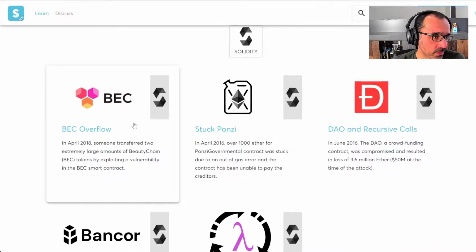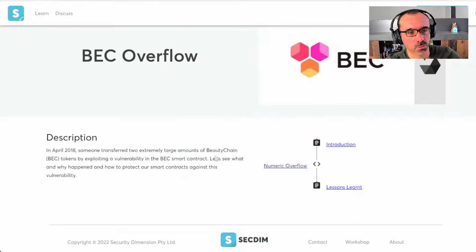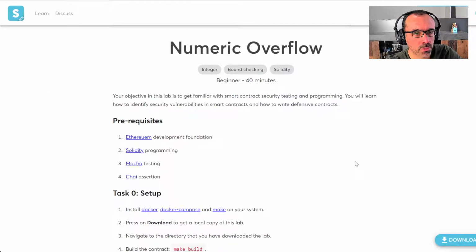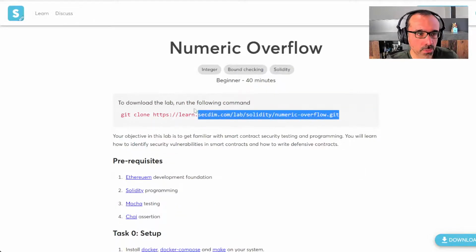This is effectively the issue related to the Beauty Chain, or Beauty Coin, contract that we discussed before. Then head to Numeric Overflow and hit the download button here. This will give you a Git URL to clone locally.